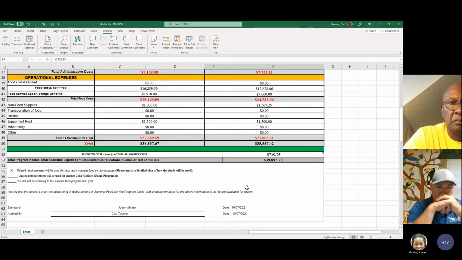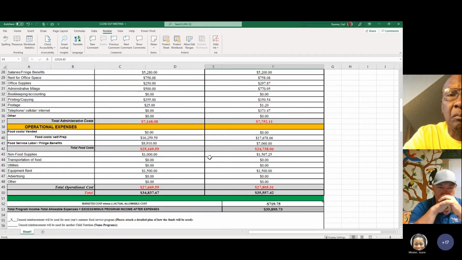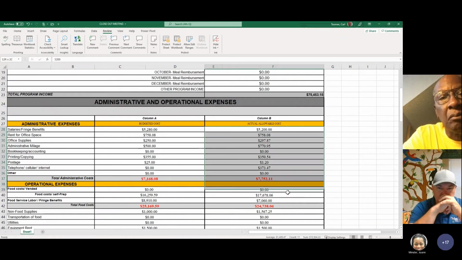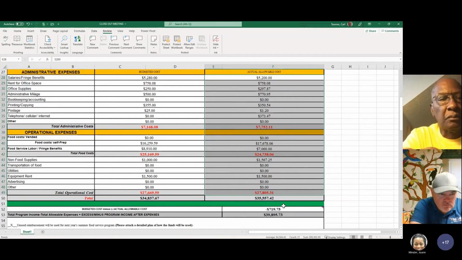Okay. And line 59 says, I certify that the above is a correct accounting of disbursements of summer food service program funds, and all documentation for the above information is on file and available for review. Even though you're sending us a snapshot of this information, you should have documentation to back this up if someone should come out to review your financial information on file.